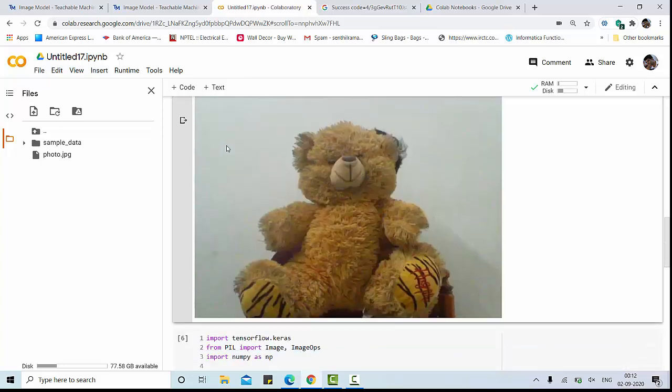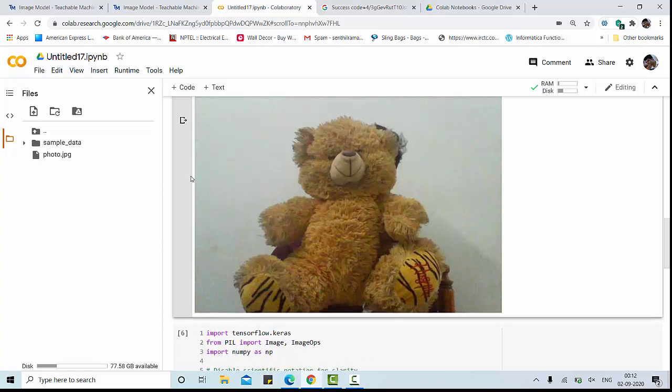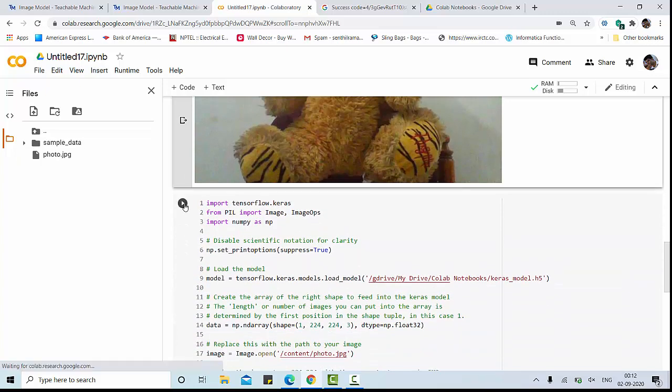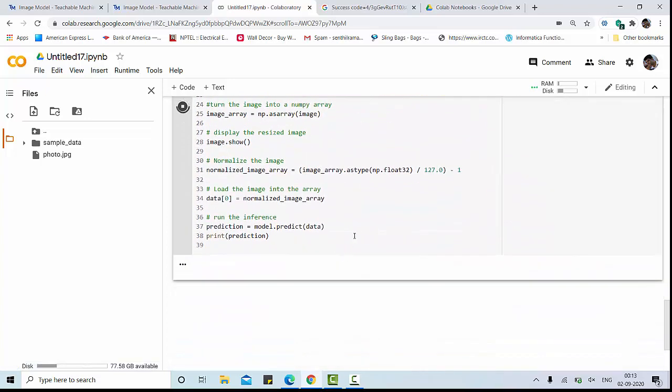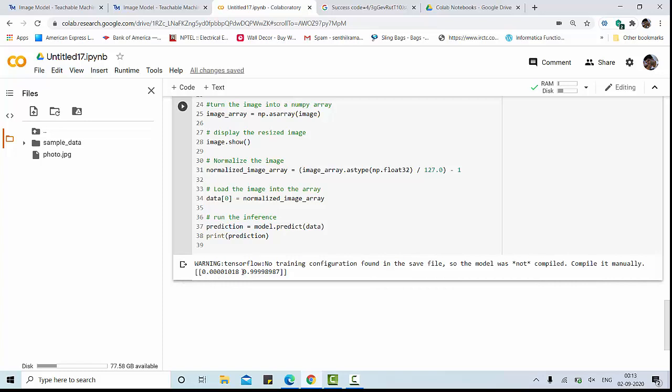So for this I must get 0, 1. Let me check it out by testing this model. Now 0.00 and 0.99, approximately 0, 1. So 0, 1 is the one-hot representation for Teddy. So this model is properly working.